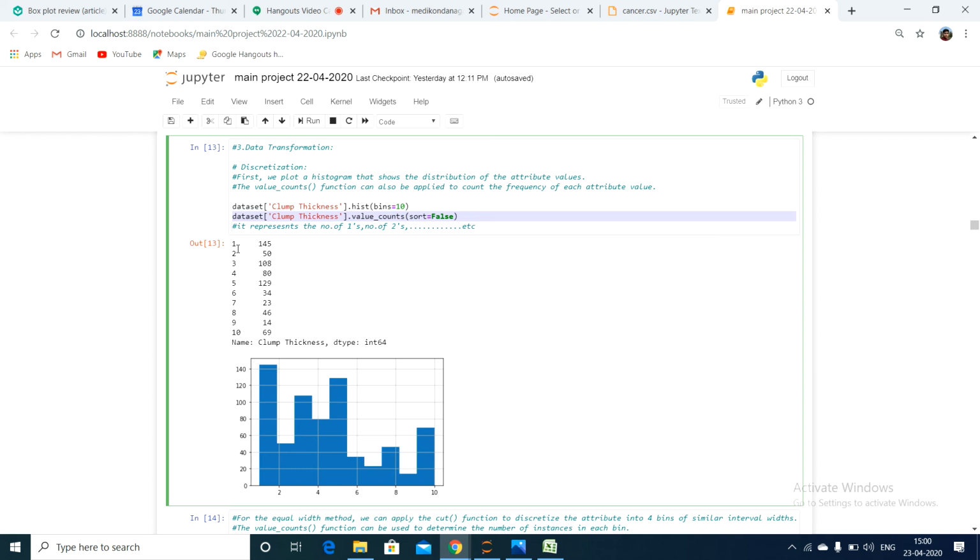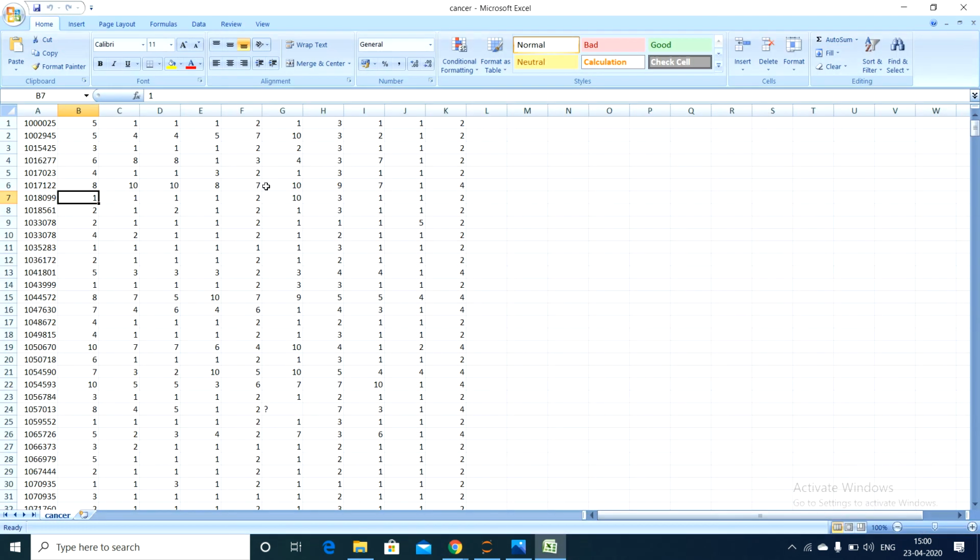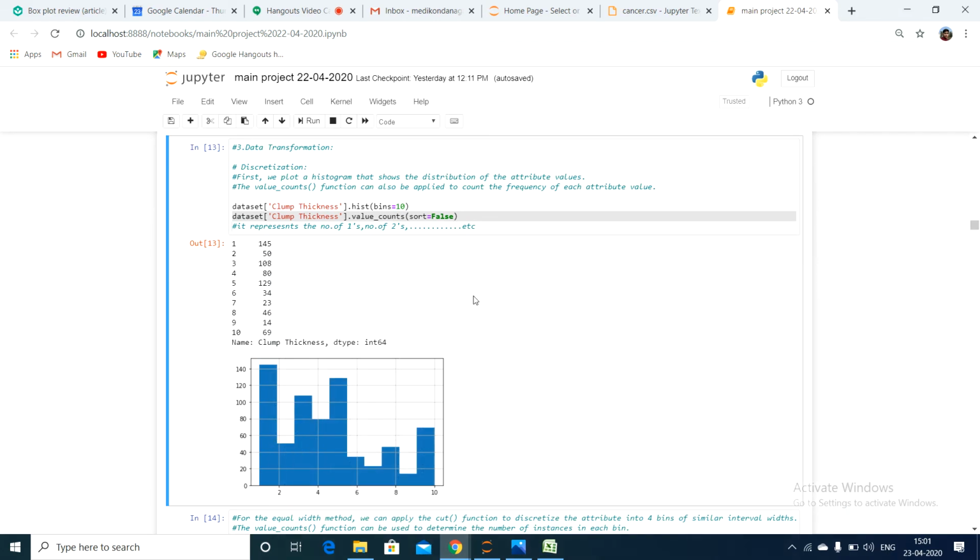The number of ones in clump thickness is 145. If you count like this, value count counts the frequency of each attribute.